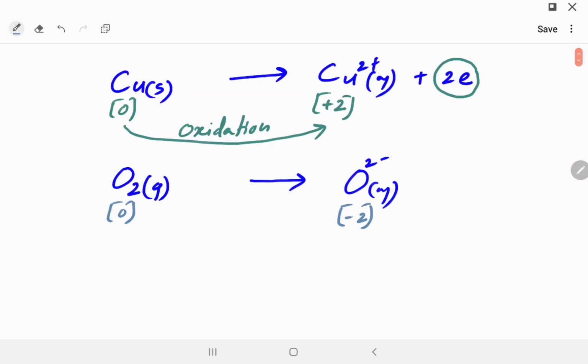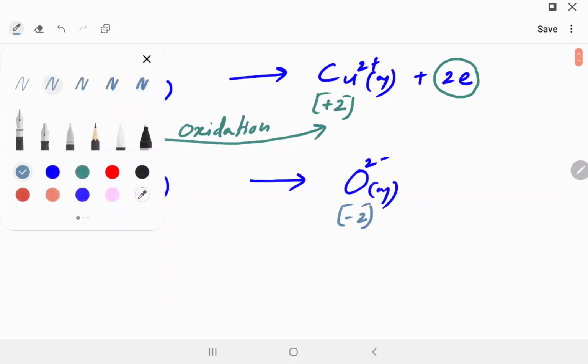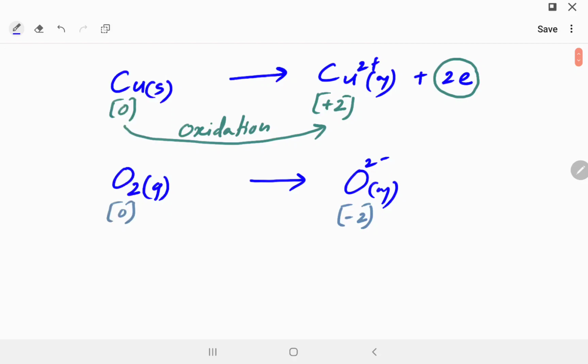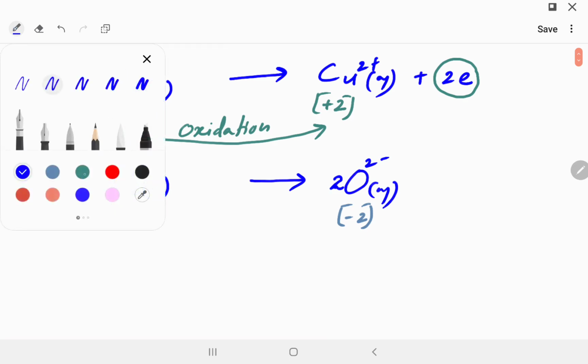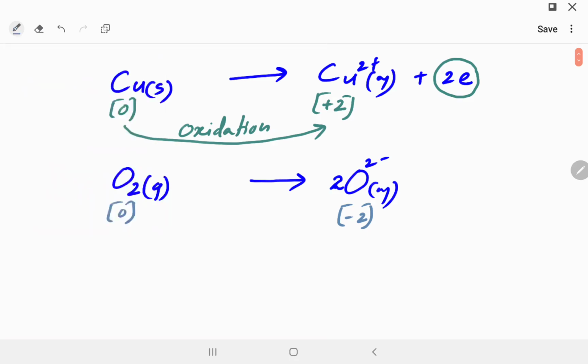Then there is something important that we need to understand here. So you have 2 oxygens in the molecule on the reactant side, and you only have 1 oxide ion. So you have to balance it first, right? So you need to put 2 here. Why? Because the reactant side has 2 oxygens, so the product side should have 2 oxygens. Okay, so let's talk about the difference between oxidation numbers, going from 0 to -2. So this is your reduction,